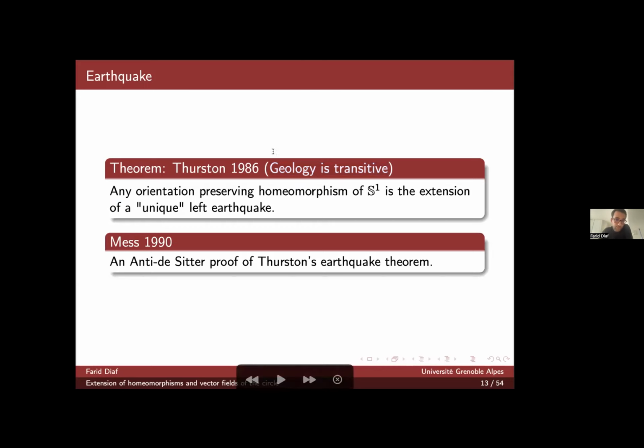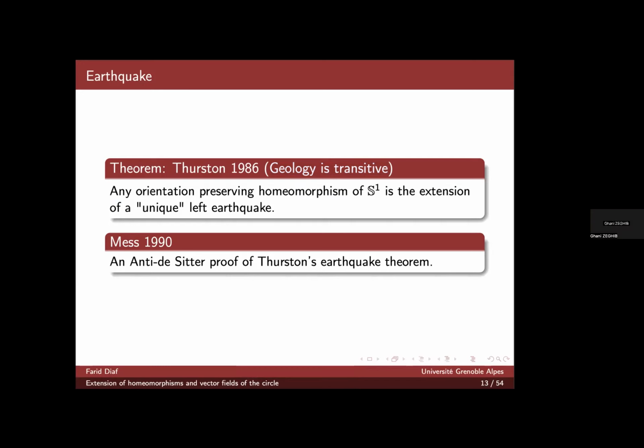Okay, and then after a few years, Mess gives an anti-de Sitter proof of Thurston's earthquake theorem. So the main motivation of Mess is not to understand earthquakes, but to study the deformation space of particular Lorentz manifolds. And when he studied this, he discovered